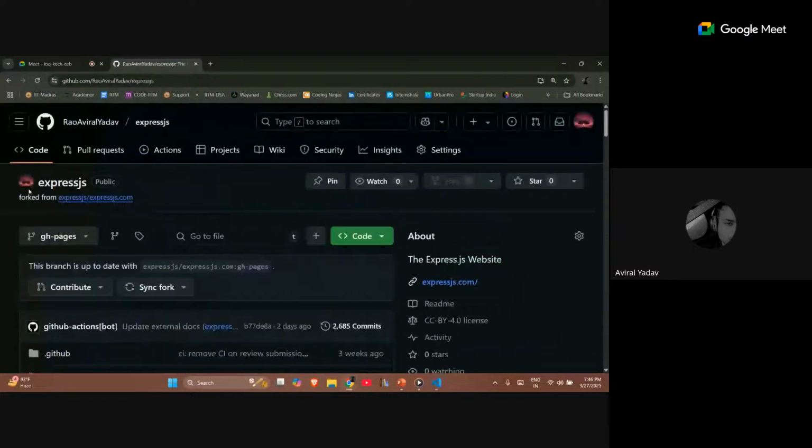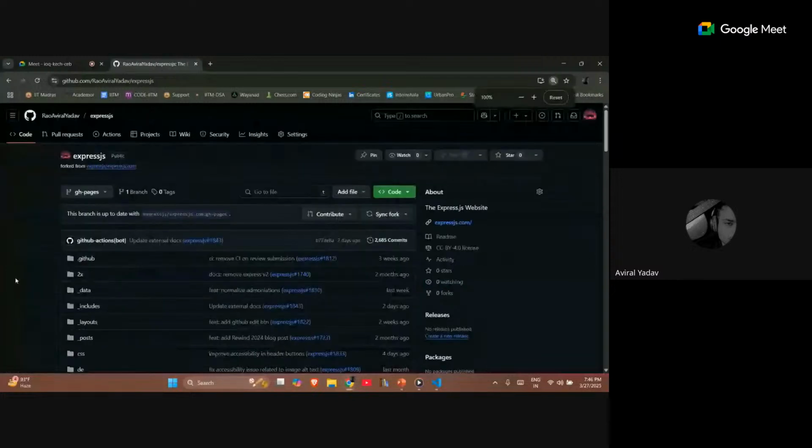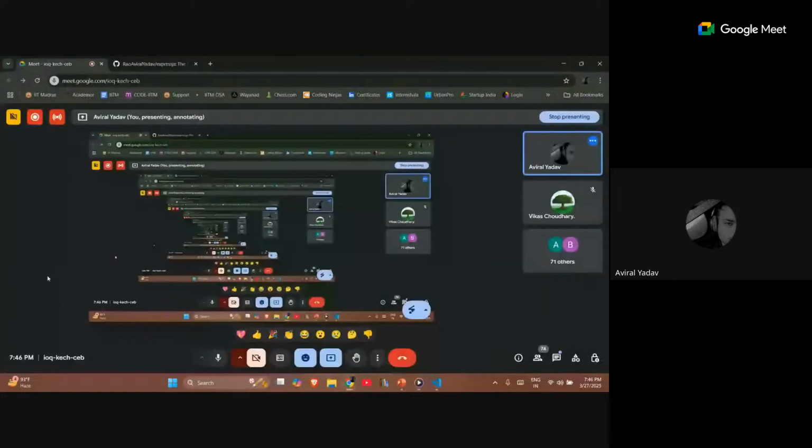For example, yep, you can see that it's my DP, and the Express.js has been forked under my name. And if I do any changes in this repository now, it won't affect the original repository, which was by GitHub Actions. Okay, so this is the easy way to fork. And if you have created a student ID, you can fork its repositories to your personal ID by this simple method. So that if you have made any kind of progress, you won't lose that, as well as you can take benefit of the student account. Does that clear your doubt, Govind? Yeah, okay, great.